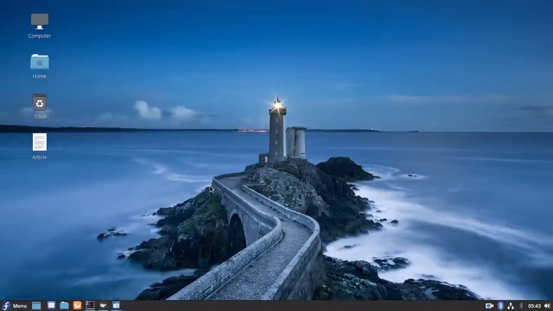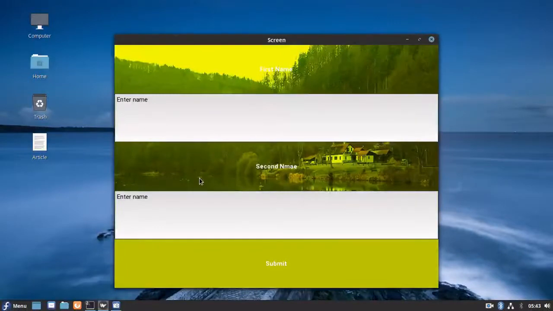So let's say we have created three screens: screen 1, screen 2, screen 3. We can switch from screen 1 to screen 3 or screen 2, and from screen 2 to screen 1 or screen 3, based on our requirement. In this video today we will be looking at how we can utilize the screen layout with a simple example. So let me show you the simple example that we will be trying to build in this video.